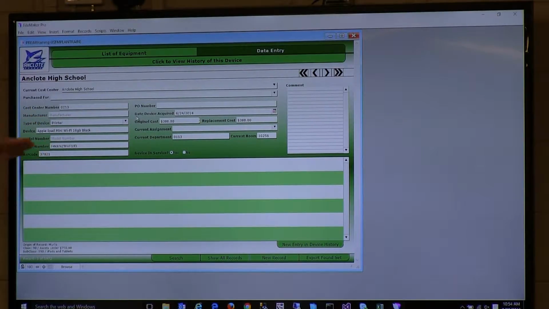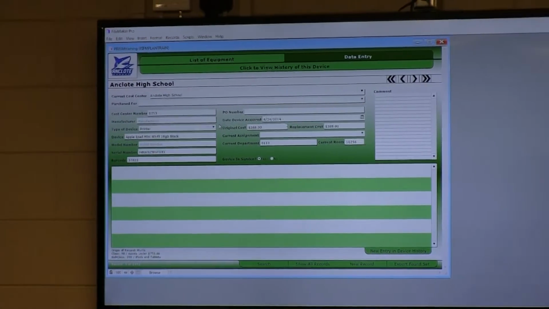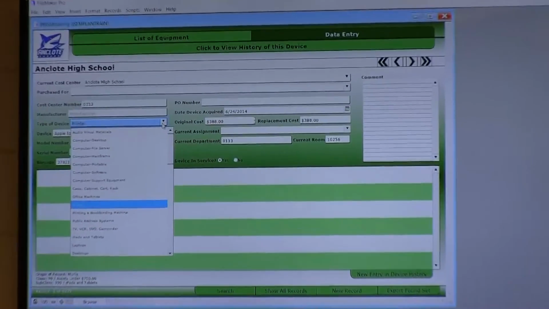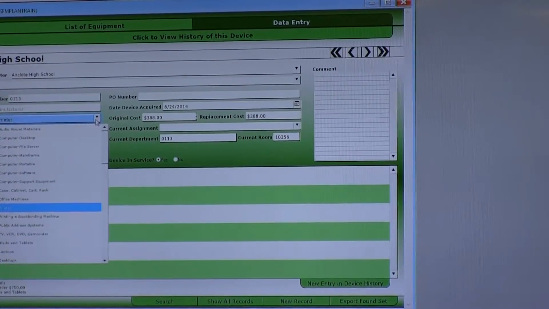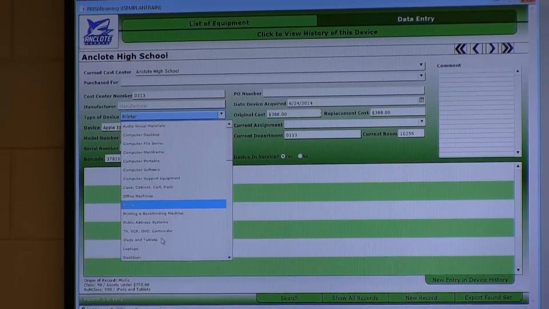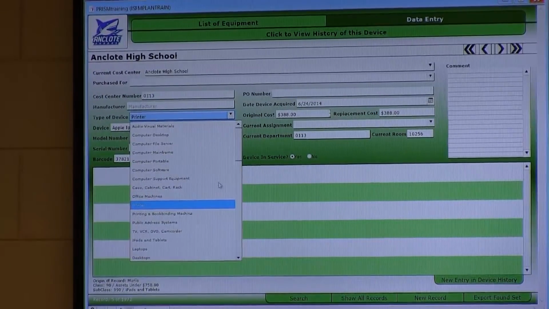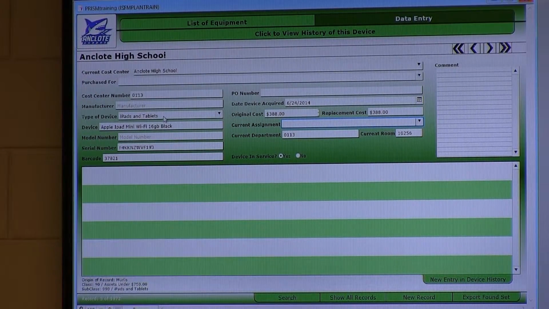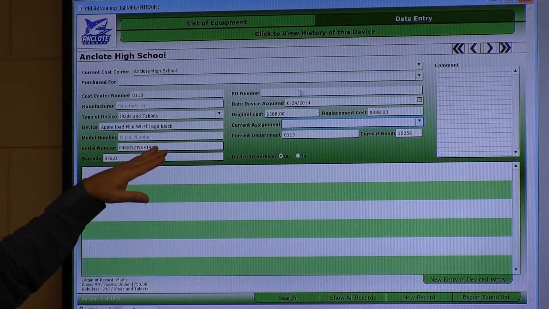It gives you the cost center, the manufacturer, the type of device. In our case, it's a printer. Now that is a drop-down box. You'll notice you're going to sort through there, and these are the items that you can choose from. So that is not an editable space. Yeah, space. So it also gives the device description, model number, serial number, barcode, PO number, if applicable, the date